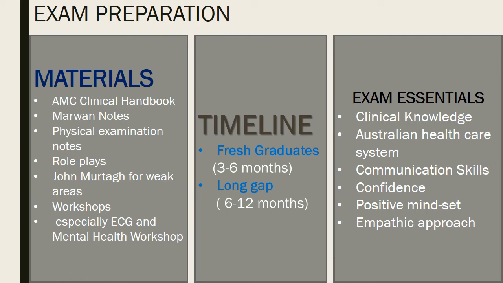So most of the students normally ask what is an ideal timeline or an average timeline. So for the fresh graduates whose gap is less than 3 years, they should not take more than 3 to 6 months in clearing this exam. It is a doable exam. Even if you're doing it with your job and kids, you should be able to clear this exam within 3 to 6 months. 3 to 6 months is more than enough. Even if you're studying just for 1 hour every day, if you're consistent, you can clear this exam within 3 to 6 months.